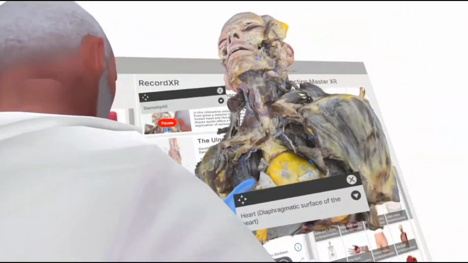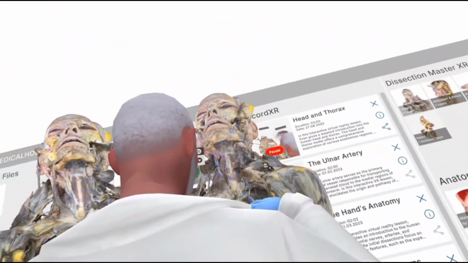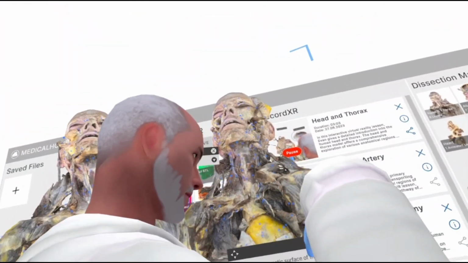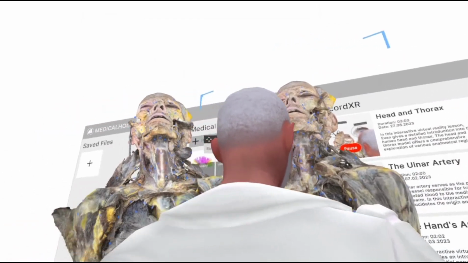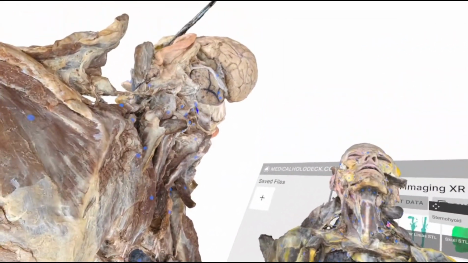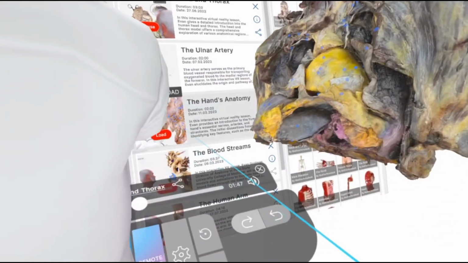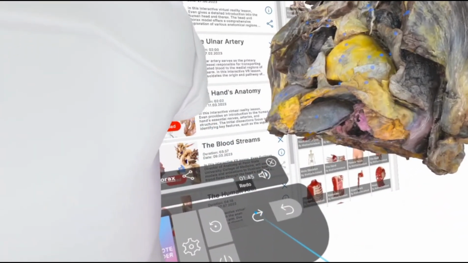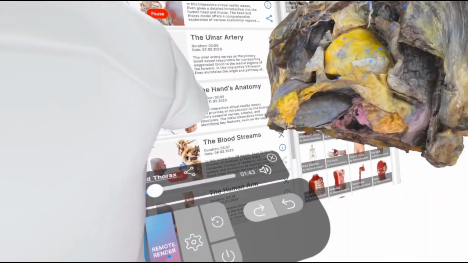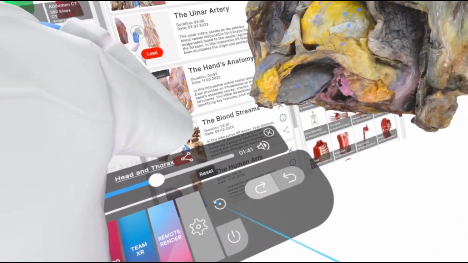I'm going to bring this model over just as a comparison, and here we can see that I've cut the parietal pericardium and then showed the heart. I'm going to drop down a few layers here to show some of the other structures that one can see on the internal heart. So using this model,